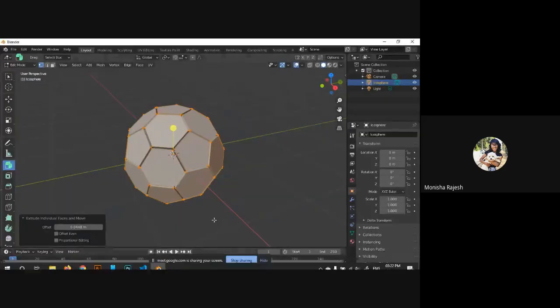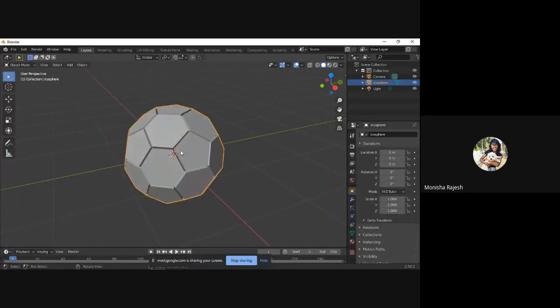Okay, I'll continue then. Once this is done, you can press tab again, so you'll go back to this mode. Now, what we're going to do is add something called modifiers. What modifiers do is give you multiple surfaces to work with, and you can do multiple things like adding a better curve and things like that. So that's what we're going to be doing now. On this right side, you'll see a spanner type thing here.